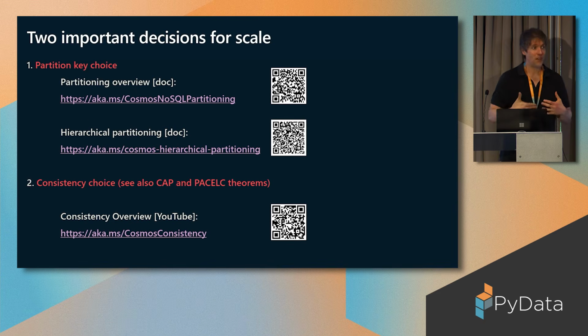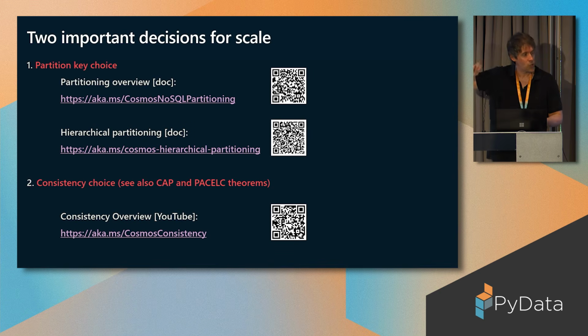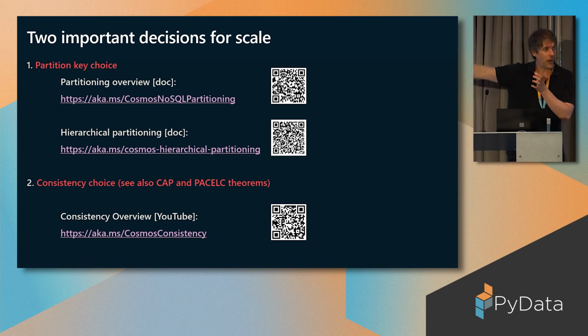In Cosmos DB, we have two ways of doing partitioning: regular partitioning and hierarchical partitioning, which allows you to have a parent key that effectively is a hash range, so child keys can occupy a certain value space beyond the size of a physical partition, so it gives you some flexibility. I'm not going to go into detail there. You can read the documentation. The other important thing is consistency choice, and I mentioned CAP theorem. There's also PACELC theorem as well. I'm going to go into that in a minute.